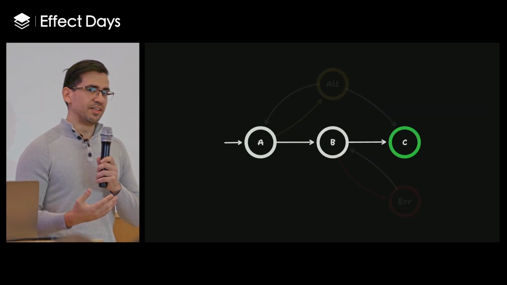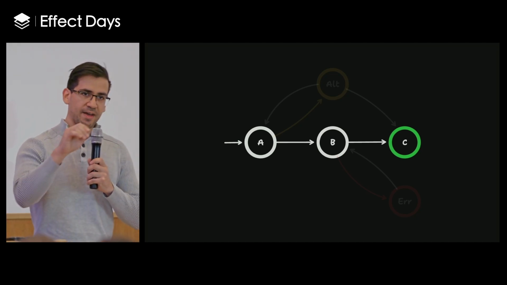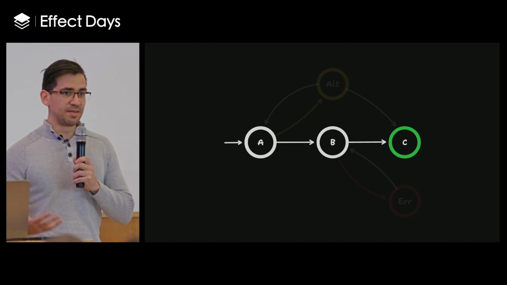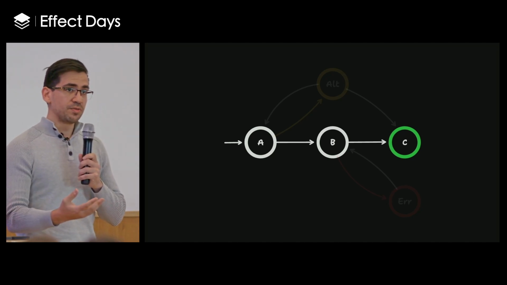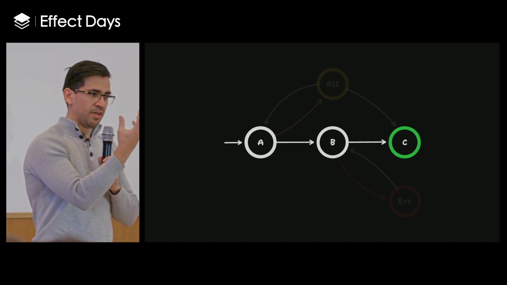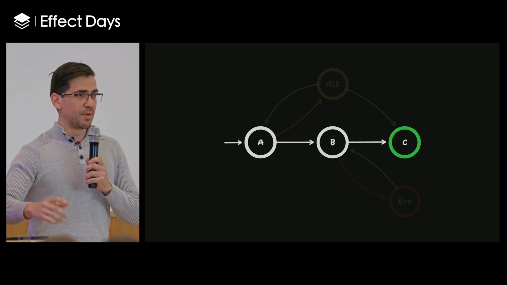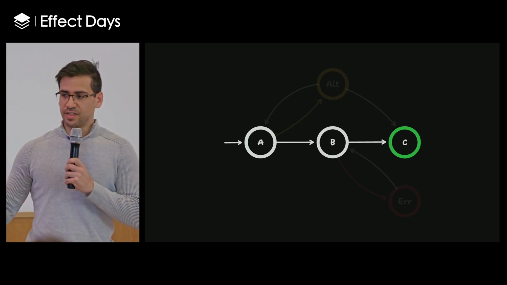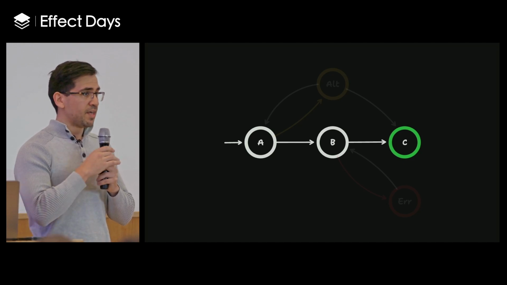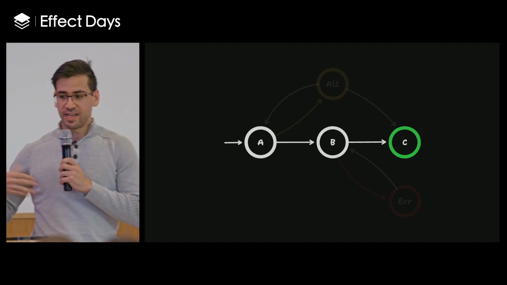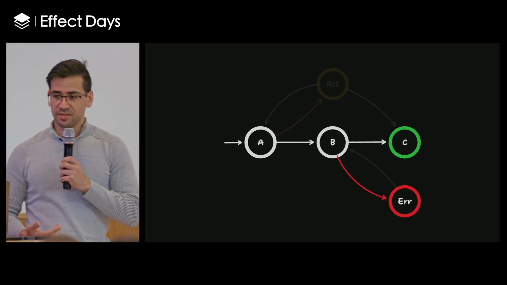But let's zoom out a little, because XState sort of operates at a different level of abstraction. So Effect is lower level, XState and state machines are higher level. Let's say that you have a workflow, and workflows, as we know, are things where you have a step, and then once that step's done, you might do something else. And then once that thing is done, you might do further processing and eventually reach some sort of end state. But we know that if you've ever programmed a workflow, they're not always this simple. It's never just A, B, C. As Effect would tell you, you would also have to deal with errors.